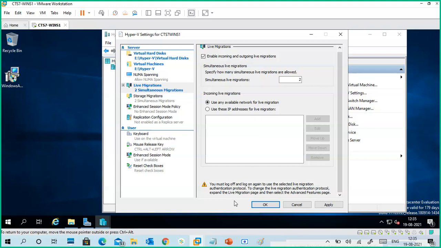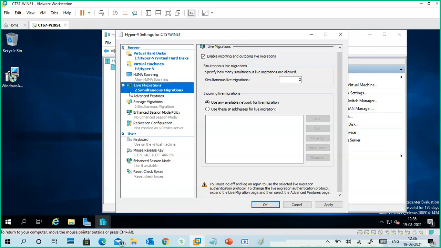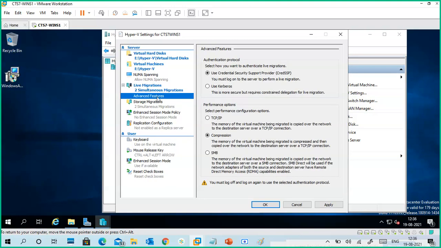It says you must log off and log on again if you want to change the live migration authentication protocol. Expand the live migration page and select the advanced features page. There you can select authentication protocols. You can use local authentication or a centralized authentication like Kerberos.